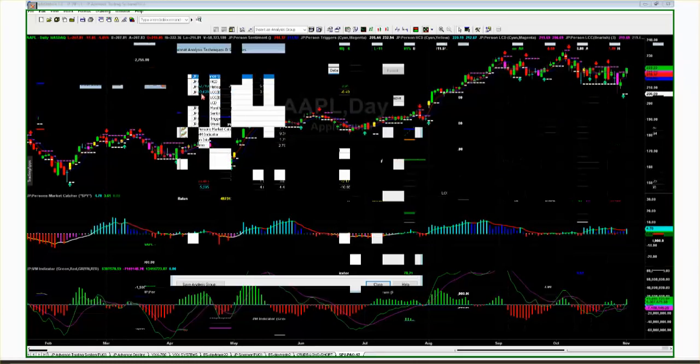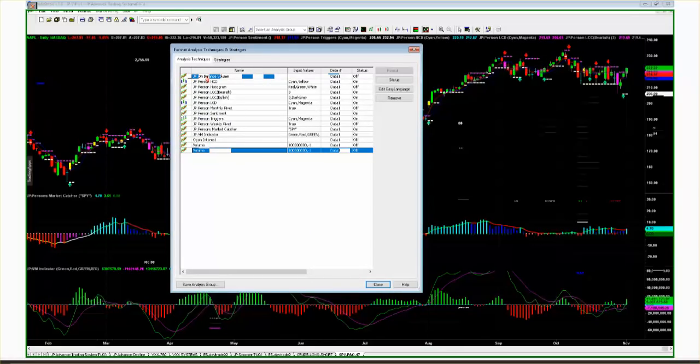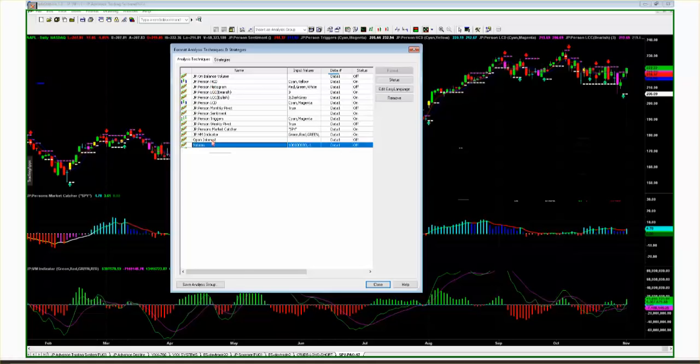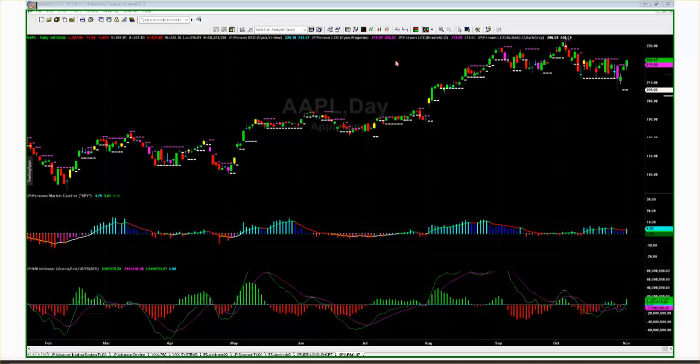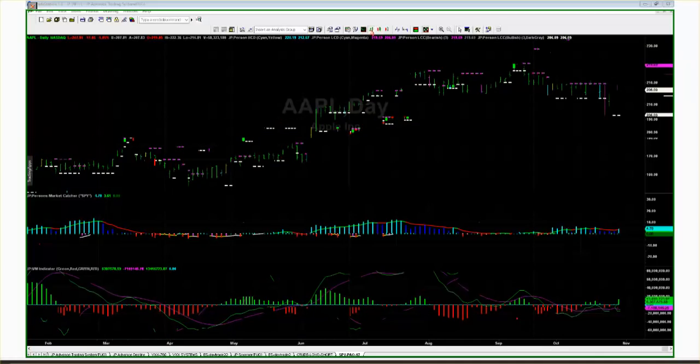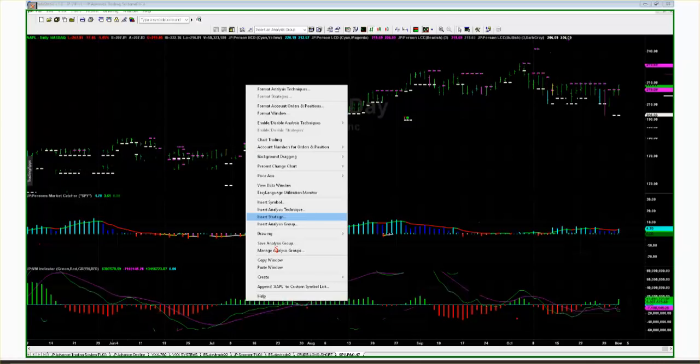So on an analysis, the first thing, I don't really need the person indicators on this, so I'm going to turn that off. I don't need the triggers, so I'm going to turn that off. For a strategy, I'm going to change it from candlestick to bar, because I don't really need the candlesticks. I left, as you can see, the high close and the low close doji on. So I'm going to go down and simply insert strategy.